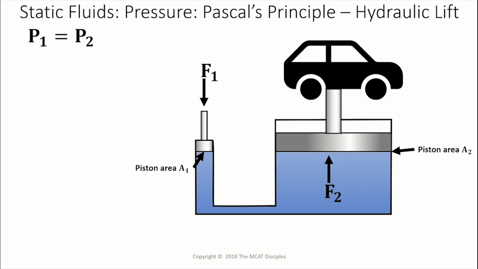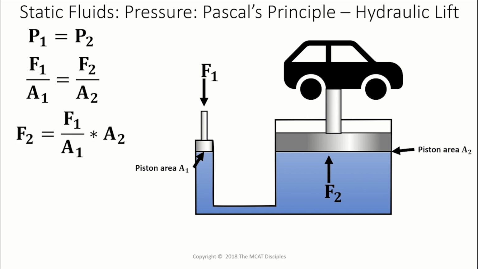So again, by Pascal's principle, the pressure at 1 is equal to the pressure at 2, although the forces are different. And so you can generate with a small force a very large force on the other end. Just kind of manipulating this, because think about this now. If you make this area really small, you can increase force 2. If you make this force really big, which again you're not really good at, you can increase this. And if you increase the area of A2, you can increase force 2. So you can imagine you can generate a really large force from a really small force initially just through Pascal's principle.